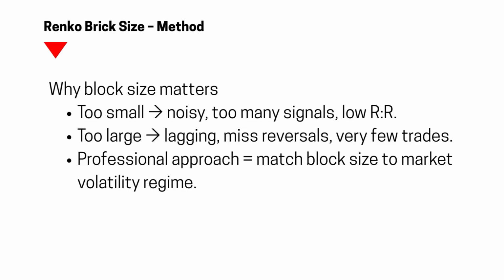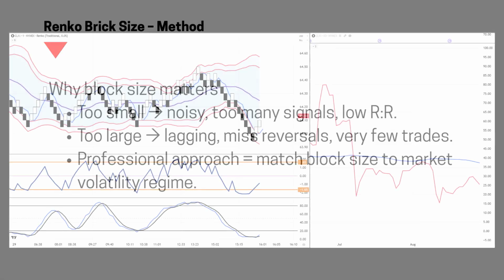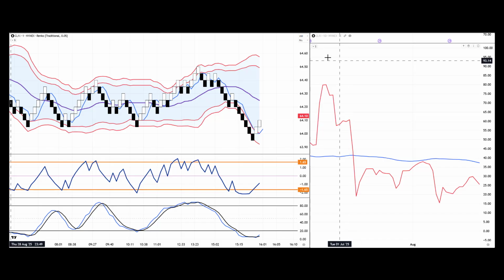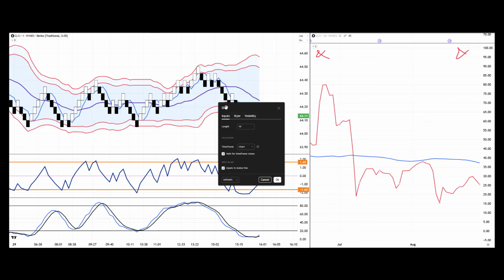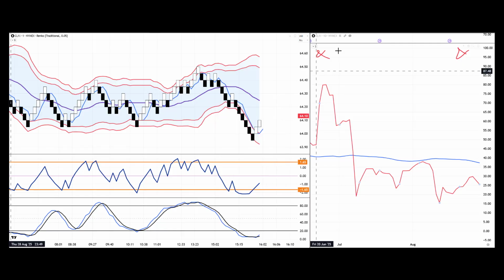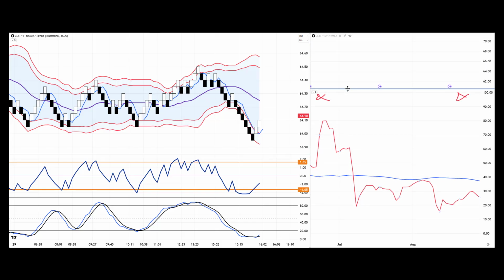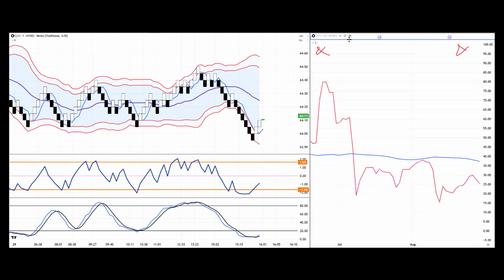So if we flip back to the chart very quickly of the strategy setup, that is what this right hand chart is all about. It's the historical volatility of WTI crude oil. Now if I click onto that, you can see it's HV, historical volatility, just set to 10. It's on a daily candlestick chart. Now you notice that it's not showing because you don't need it. Remember, it's a daily candlestick chart,